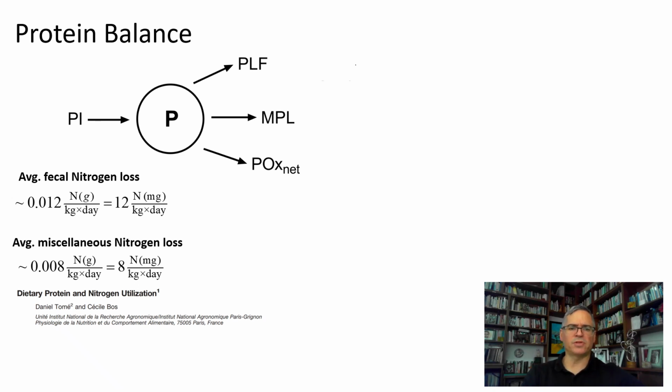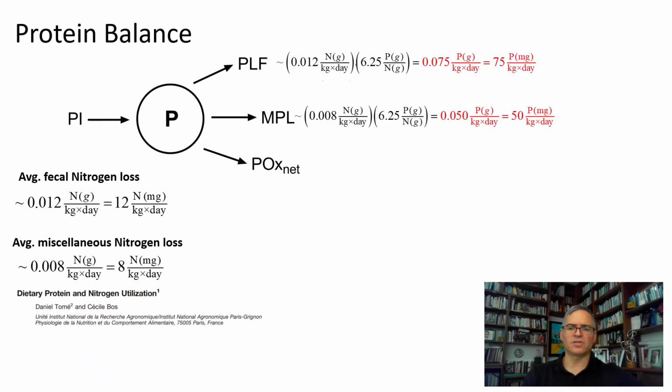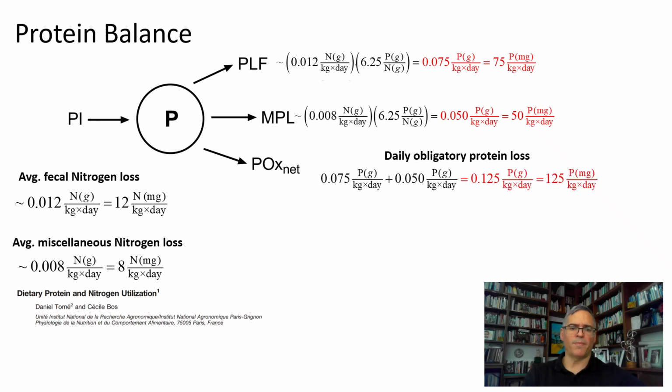As a typical protein contains about 1 gram of nitrogen per 6.25 grams of protein, it follows that PLF is about 75 milligrams per kilogram of body mass per day and MPL is about 50 milligrams per kilogram of body mass per day. Thus, the obligatory protein loss adds to about 125 milligrams per kilogram of body mass per day,